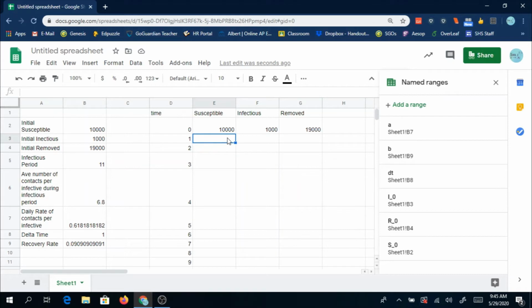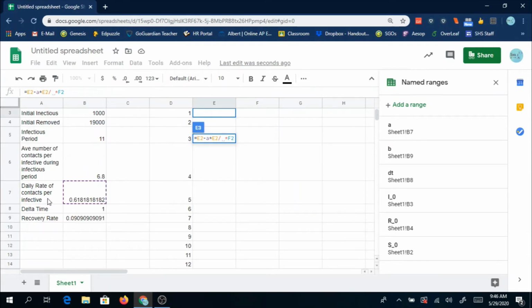All right, now we do our formulas. So here, we're going to do equals because we're going to start out with a formula. Now I want to take E2. I'm not going to say initial susceptible because as it calculates a new susceptible population, I need to use that new population to calculate the next one. This is a recursive type formula, all right? And we subtract out of this susceptible, it's going to be A times E2 times F2, right? But I need to divide in here by the total population,